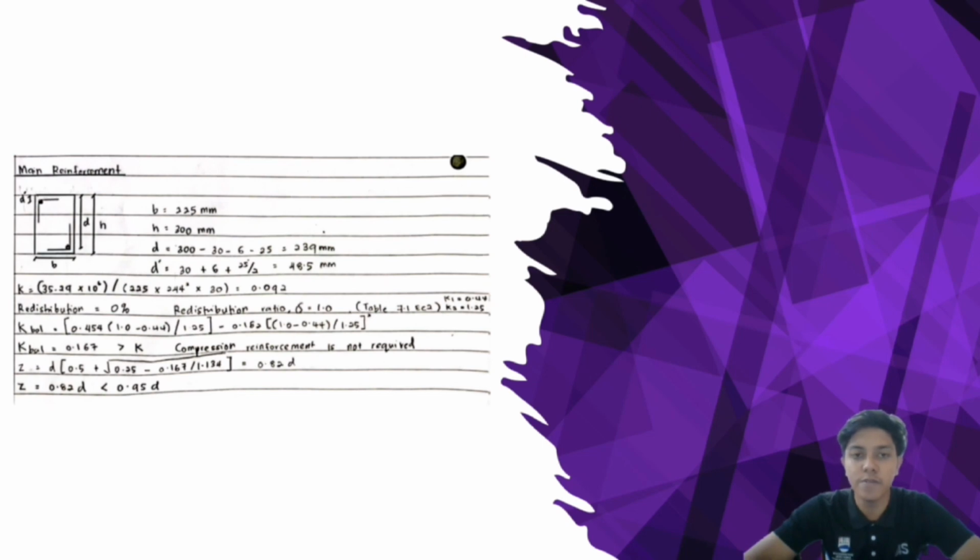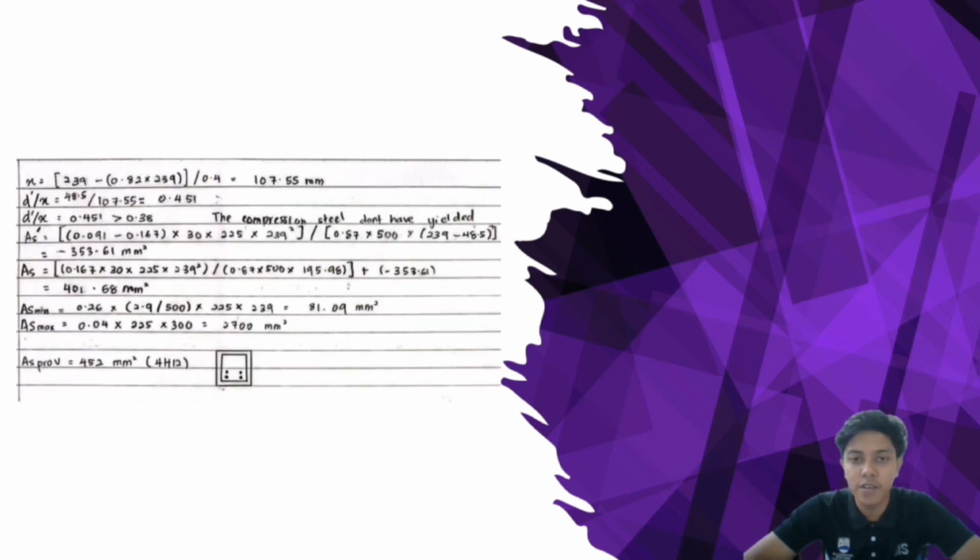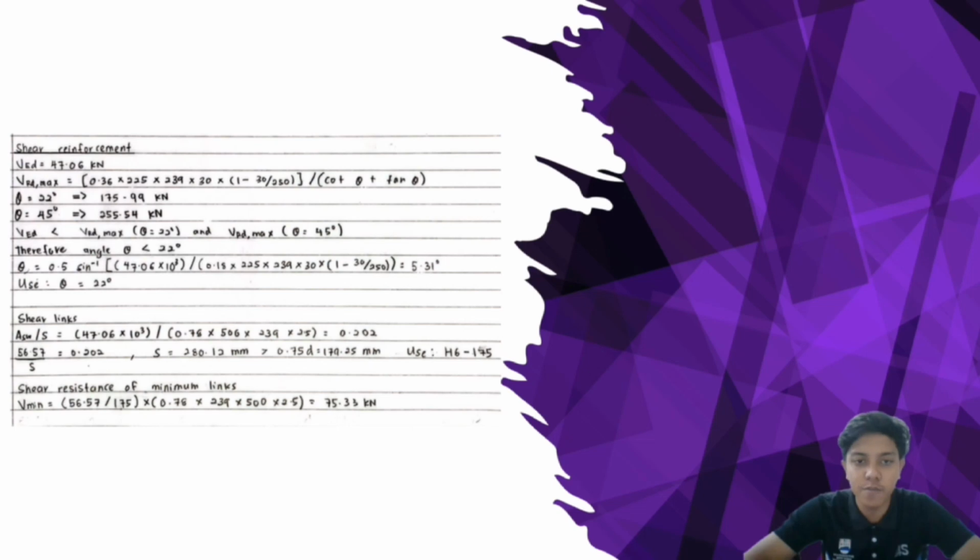as a rectangular beam. And then since the value of K balance is more than K, the compression reinforcement is not required. Then after we calculate, the value of area of tension reinforcement is 401.68 millimeter square. And then based on standard, we choose 4 bar H12 as area provided, where the value is 452 millimeter square. Then for shear reinforcement part, we got the shear minimum of link is